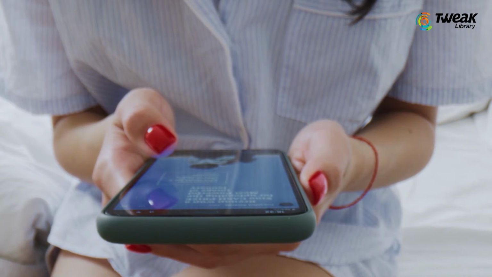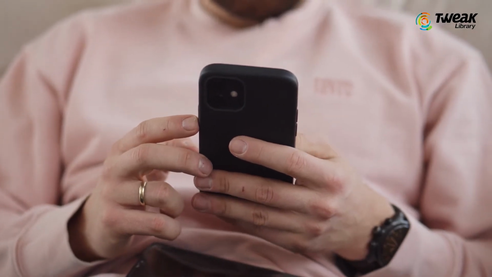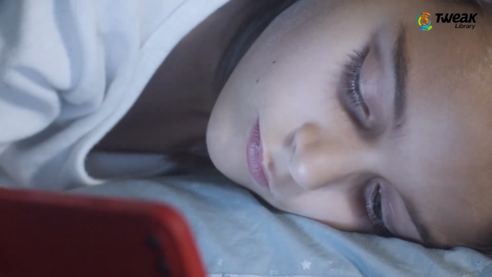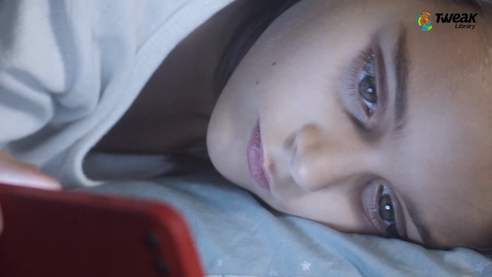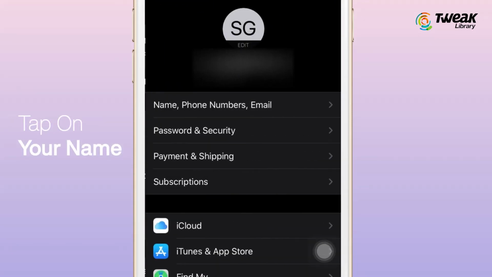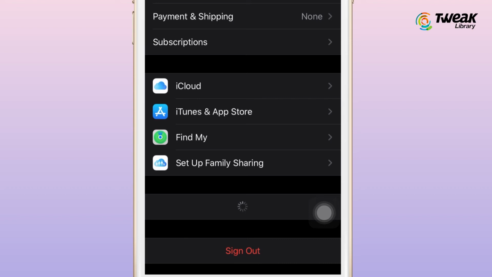Next is not able to back up the data. For some users, iPhone backups work seamlessly without any issue at all, while for other users, iPhone iCloud backups fail. So firstly, if your iPhone is not performing automatic backups to iCloud, the very first thing you should do is ensure that the backup settings option is enabled on the device. To enable iCloud backups on your iPhone, go to Settings, tap on your name at the top, scroll down and ensure that the iCloud Backup toggle is on.